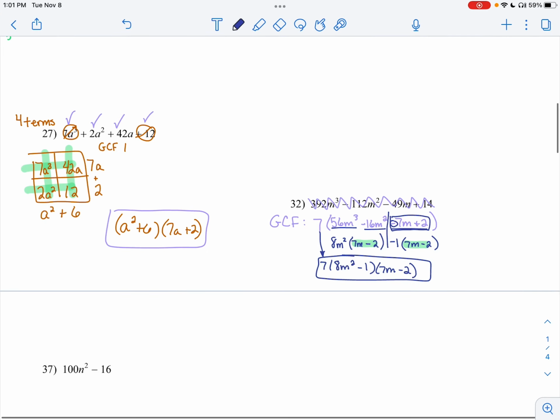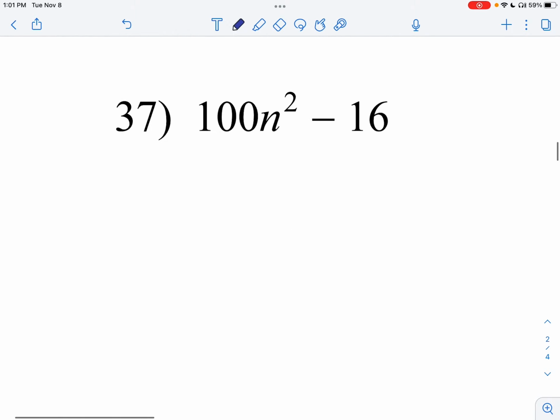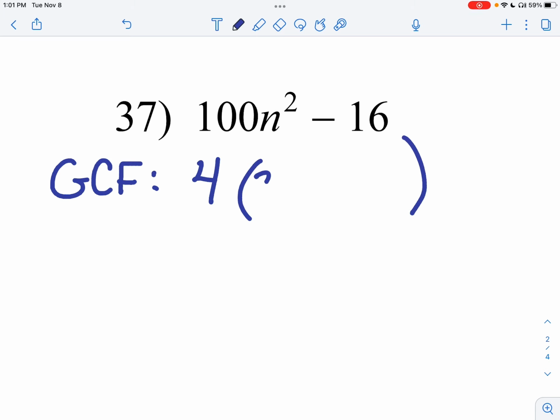And that was review of Algebra 1. Now we're going to go ahead and do 2 more and call it a day. So on 37, no matter what method you take, you need to find a GCF, which in this case will be 4. Dividing everything by 4 will give you 25